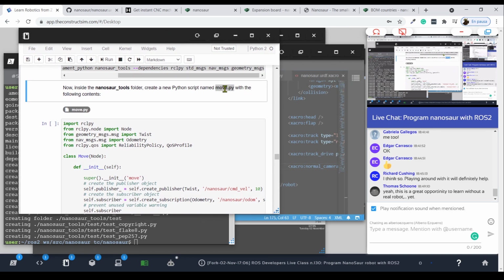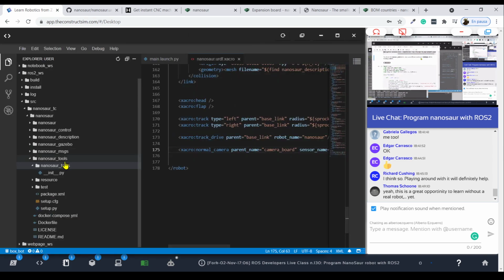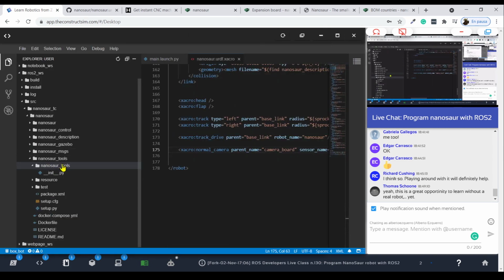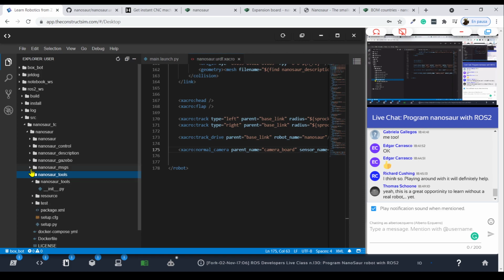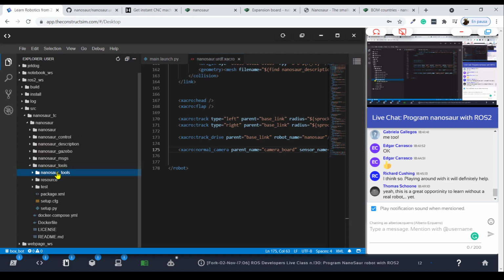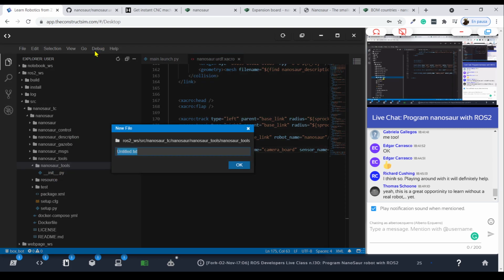We are going to create this Python script inside the NanoSaur tools folder. We have the first NanoSaur tools folder, which is the package folder, and inside we have another one with the same name. We are going to create our Python script in this second one, which is the one that contains the __init__.py. So here we are going to create a new file,